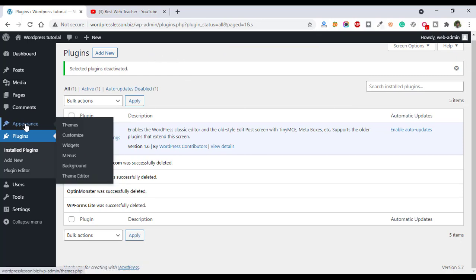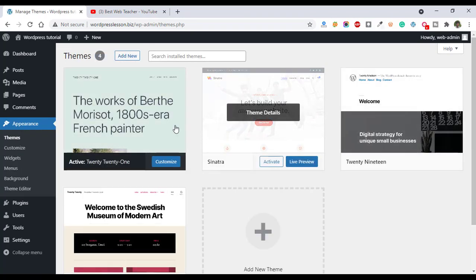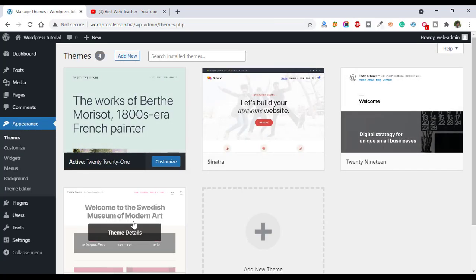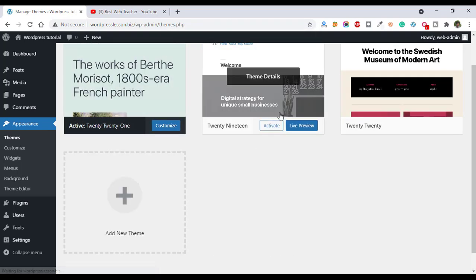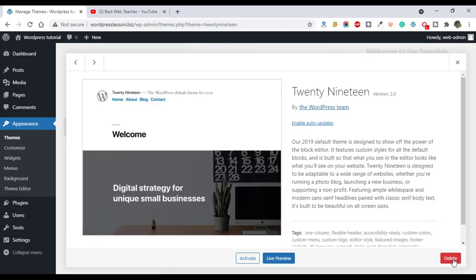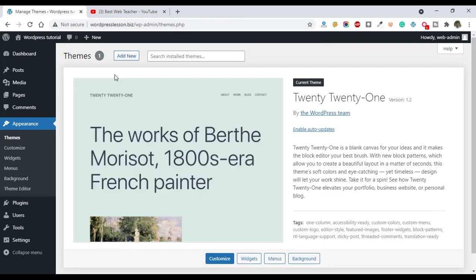To install themes, just go to Appearance and the Themes section, and here you can see already 4 themes are installed automatically. By clicking on a theme, you can delete any theme. Just click on the theme, then click on delete. To install a theme, just click on add new,